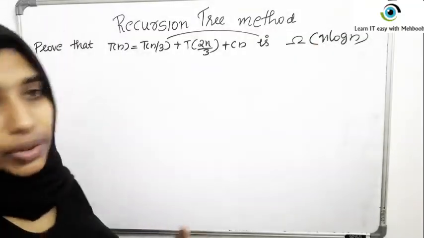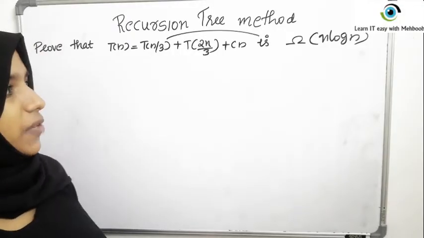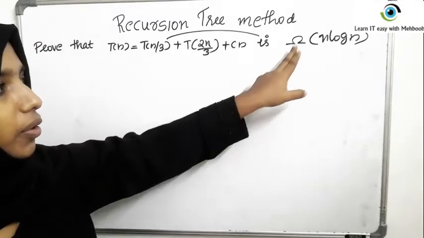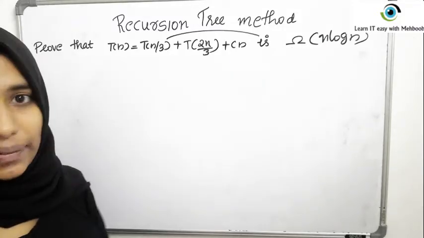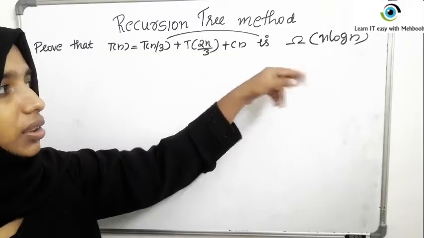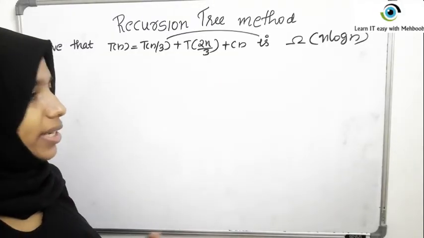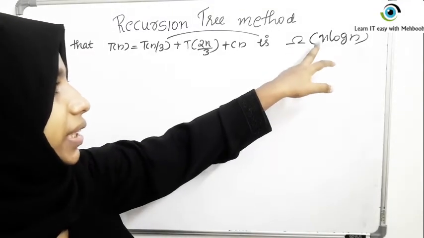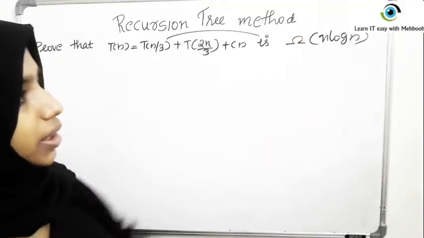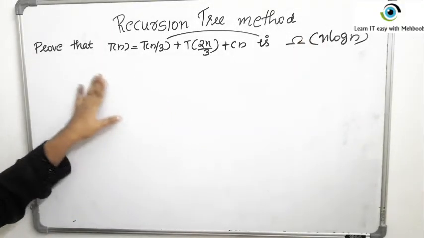See, usually we are interested in the worst case complexity unless otherwise specified. Here you are asked to find out the best case complexity. In one of our previous videos we have discussed that omega stands for best case complexity and defined best case complexity. If you haven't seen that video, please do watch it. So omega is the best case complexity, and you have to prove that best case complexity is order of n log n. So the question is very easy, so we will start doing this.